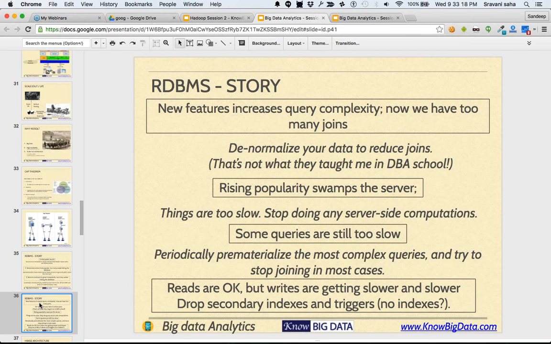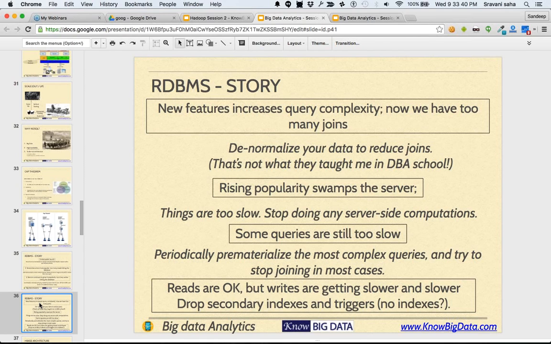The first thing we were told while learning databases is normalize, right? And apply the Codd theorem. Now, just because you are under the pressure of performance, you are forced to denormalize the data.